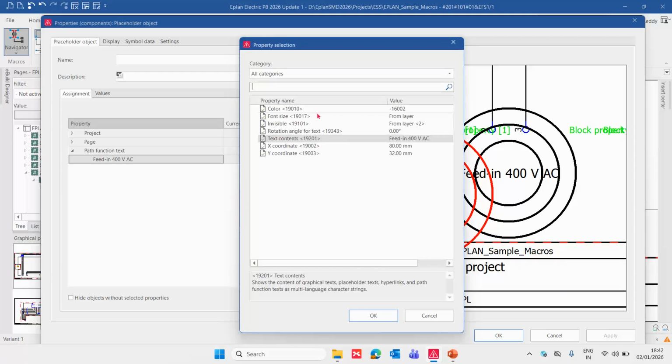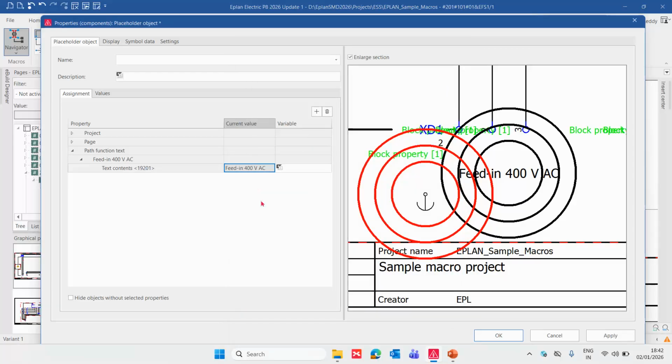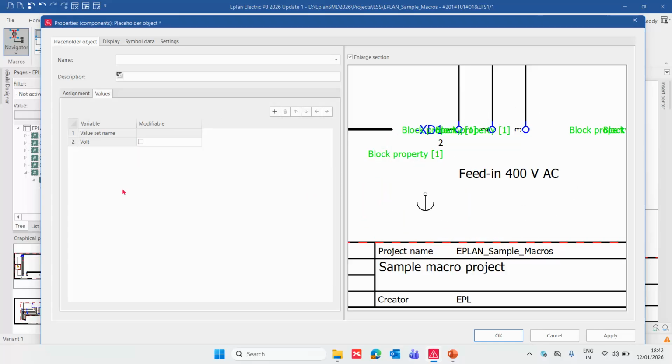So what I do, I'll go to text contents. I can copy this entire part and paste it. Here what you are controlling is just the voltage part, nothing else. So I'll put the volt, which means I can create a variable in such a way that it controls only part of it. So tomorrow if you want to have a DT or a counter, or whatever you want to control, anything can be controlled, whether you want to create a value set,